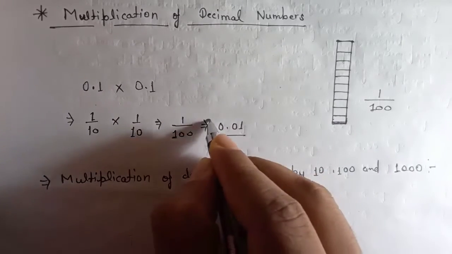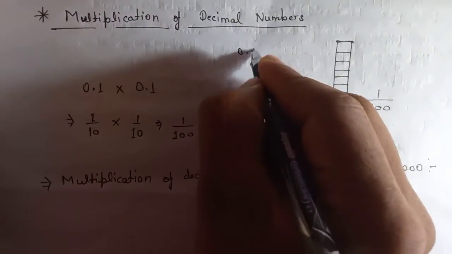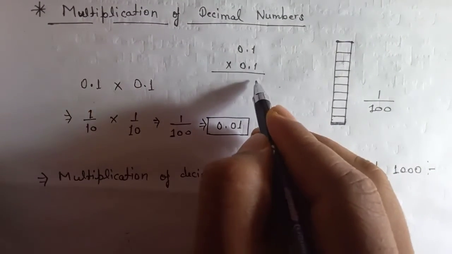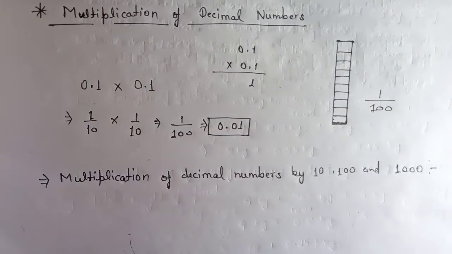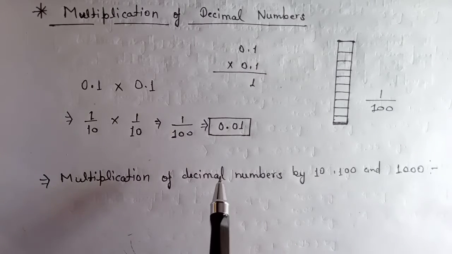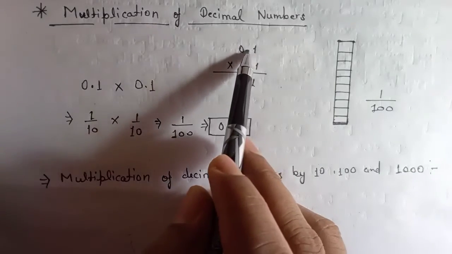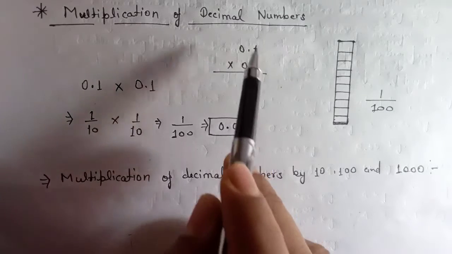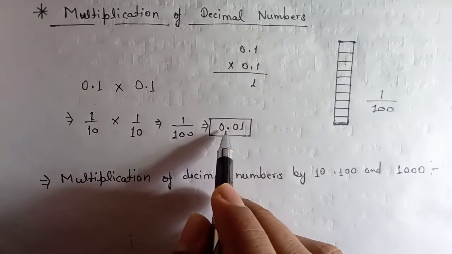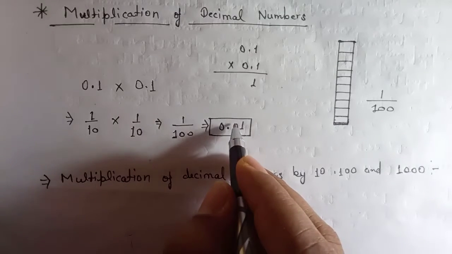0.01. Now if we do this multiplication in this form, 0.1 is multiplied by 0.1, see what you will get. Multiply 1 into 1, then you can see that in the actual multiplication there are two digits after the decimal point. So we can conclude here: after the decimal there is a number, and after it there is another number. There are a total of two digits after the decimal symbol. This is the decimal point, and after that you have to keep two digits. 1 is available there, but you have to fill a 0 there.